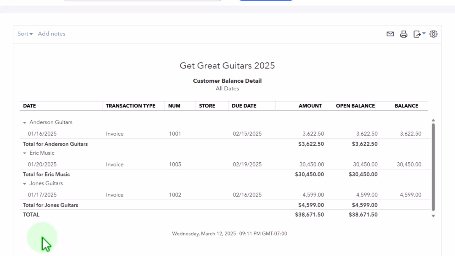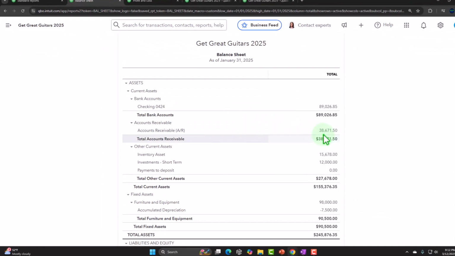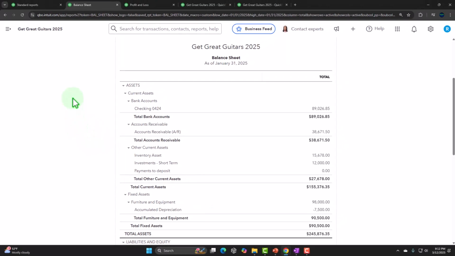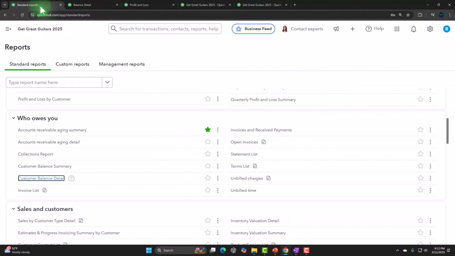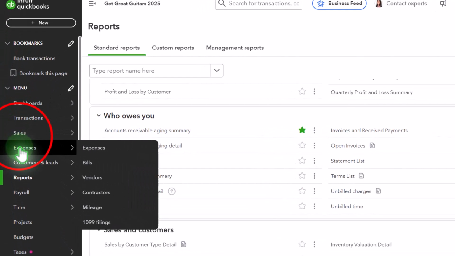We just did one, I think, for Eric Music. And that adds up to a total of $38,671.50. Back to the balance sheet, $38,671.50. Everything looks B to the N, be in, baby. Let's go to the first tab, open up the ham boogie, and go down to the sales